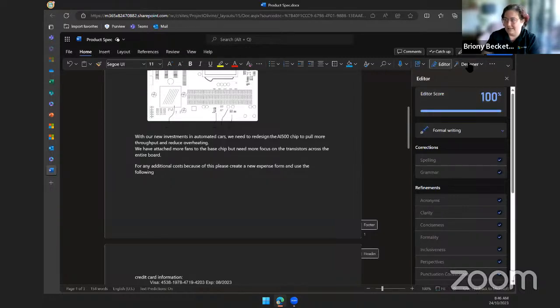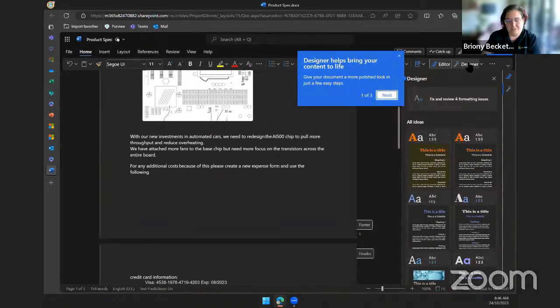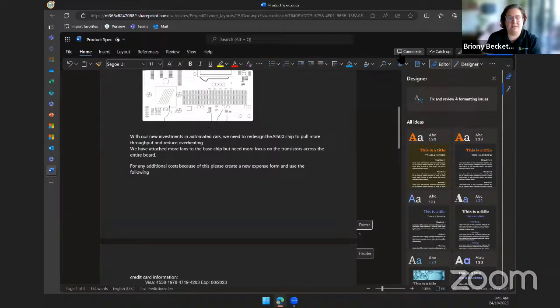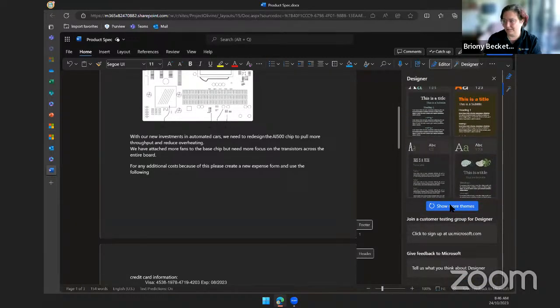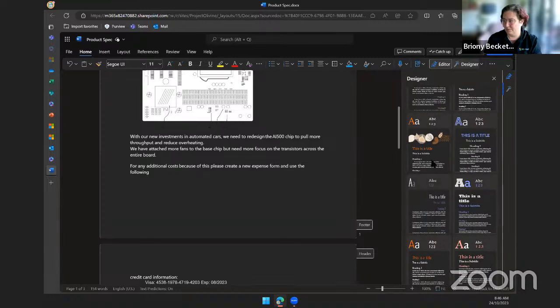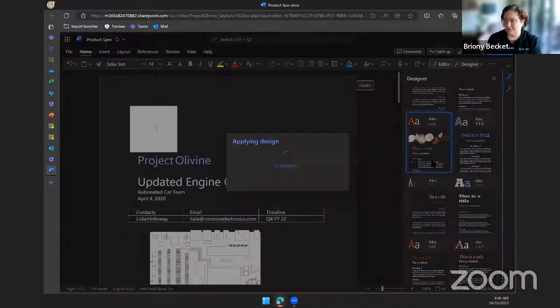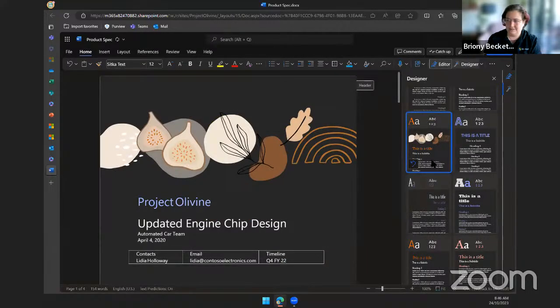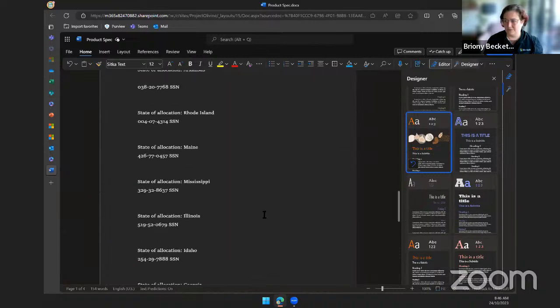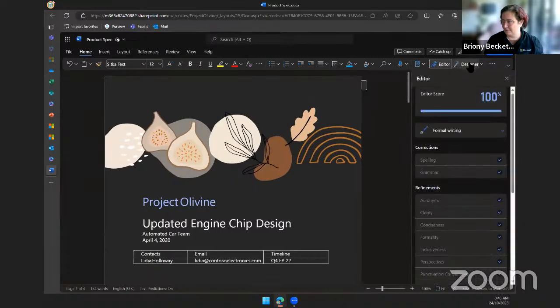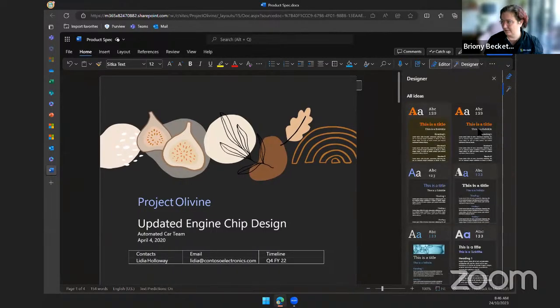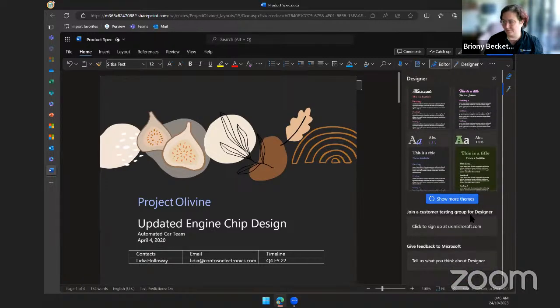You've also got that same designer built in as PowerPoint had. So seeing different themes that you might want to select depending on what you're doing. I can pick more. We're going to put some pictures in, move things around, automatically do that formatting. And then if we go to designer, it's going to keep coming up with ideas.